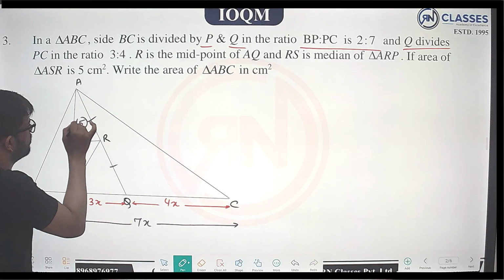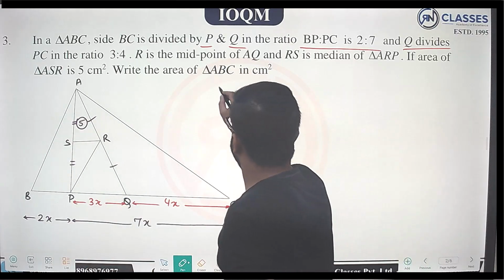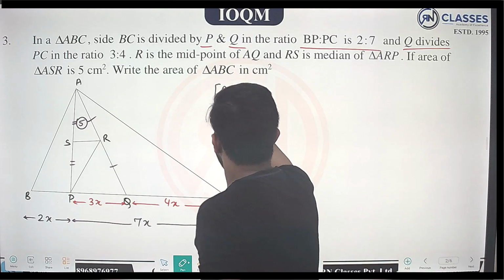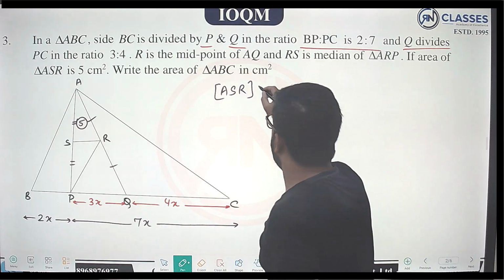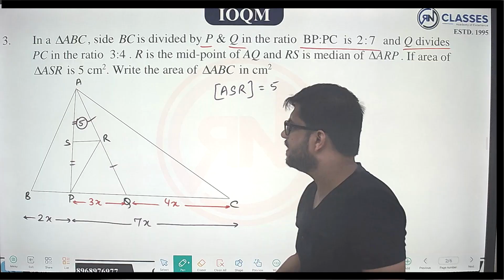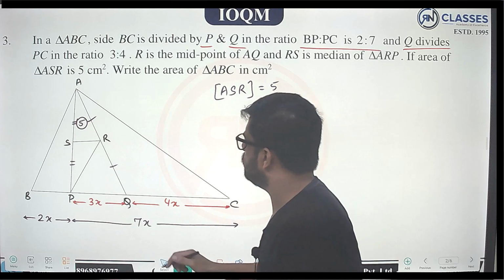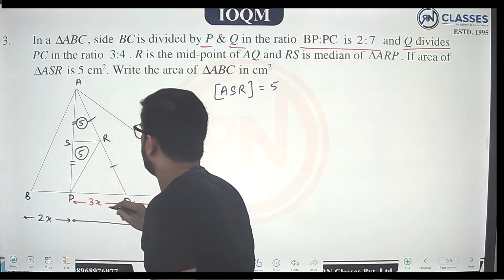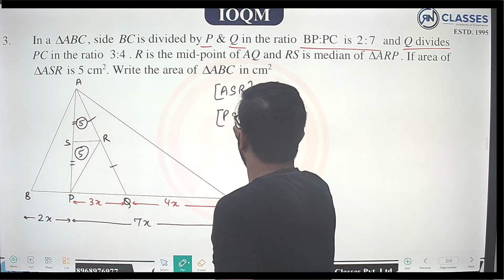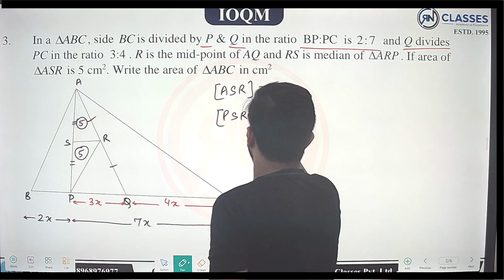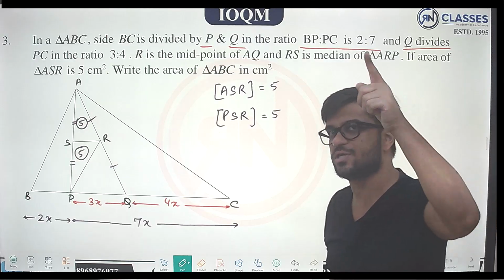सर्कल कर दिया, ठीक है, दिस इज गिवन टू बी 5। सो ASR, ठीक है, स्क्वायर ब्रैकेट लगाइए, मतलब कि मैं एरिया की बात कर रहा हूं। ASR इज 5 एंड अगर S मिड पॉइंट है, RS मीडियन है, तो मैं सीधा कह सकता हूं ये भी 5 ही होने वाला है, इसमें तो कोई डाउट नहीं होना चाहिए। सो मतलब कि मेरे पास ASR के साथ PSR भी 5 आ गया। मीडियन डिवाइड्स द ट्राइंगल इनटू 2 इक्वल एरियाज, कॉन्ग्रुएंट नहीं, एरियाज इक्वल होते हैं, इस चीज का ध्यान रखना है।